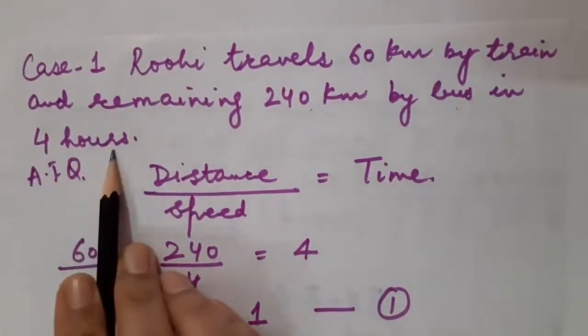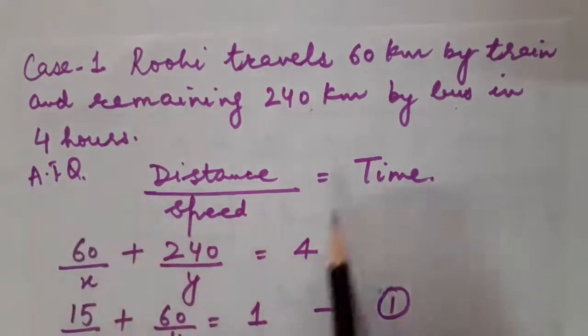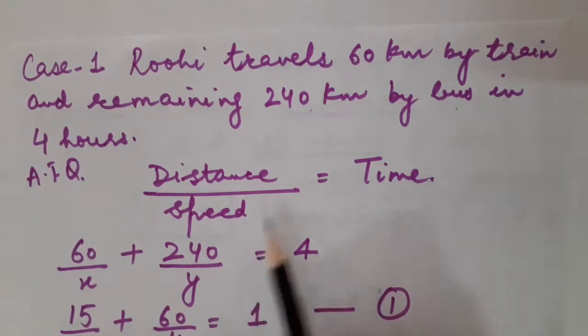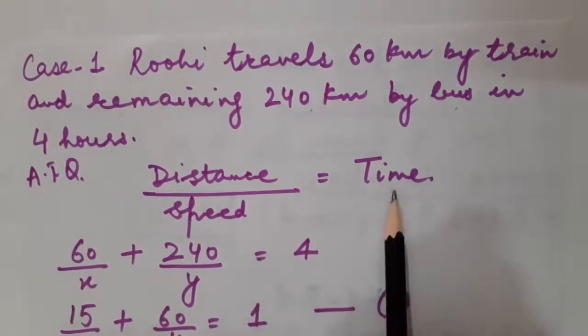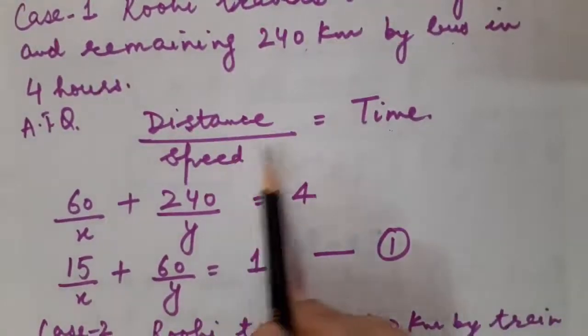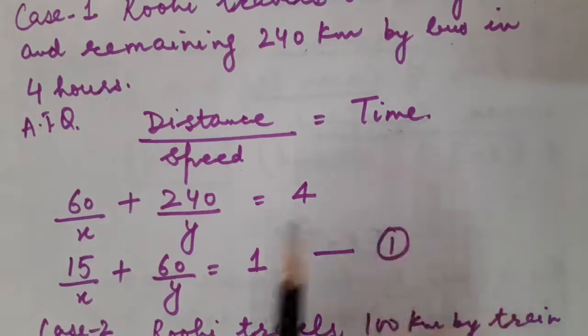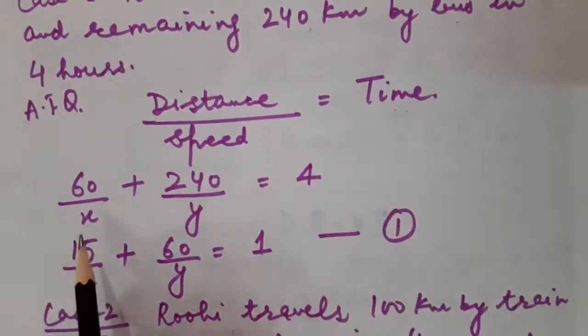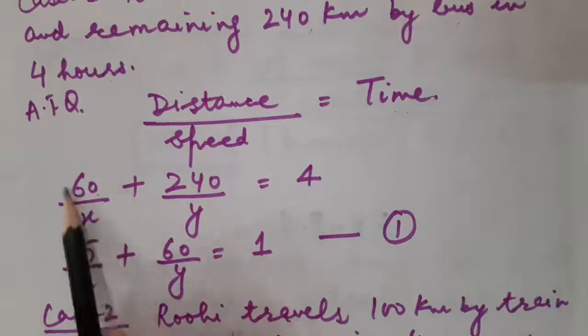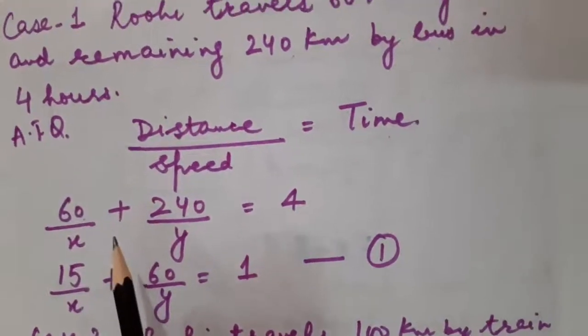That is 4 hours. Children, yesterday also I made you understand, when you know the distance and you know the speed, then it is very simple to calculate time. The same formula I am going to adopt over here. Distance upon speed is equal to time. Fine. So, in case 1, 60 km is covered by train. So definitely 60 upon x. What is x? x is the speed of the train. So 60 upon x will give you the time, plus how much is the remaining distance?